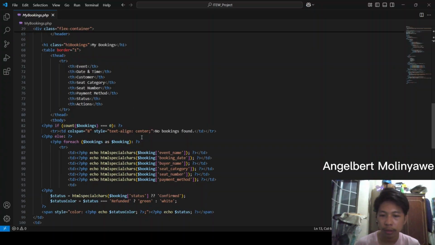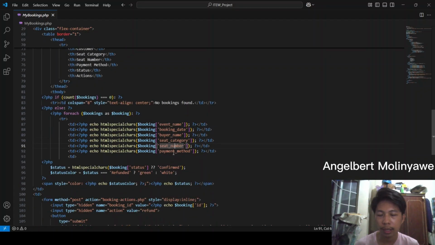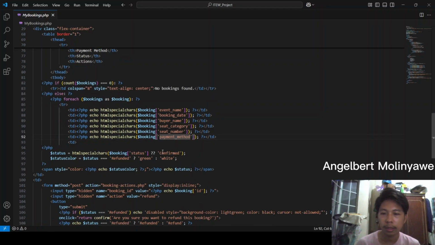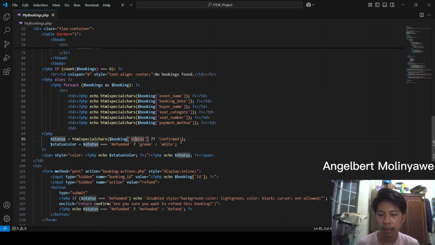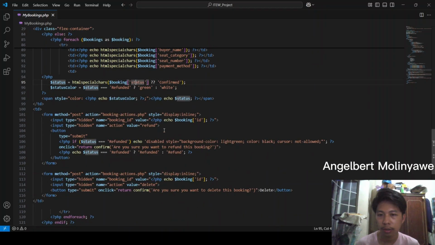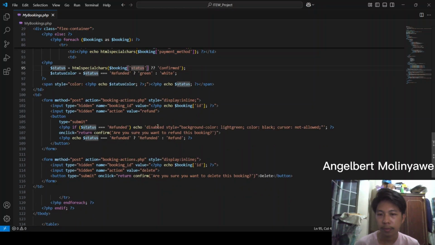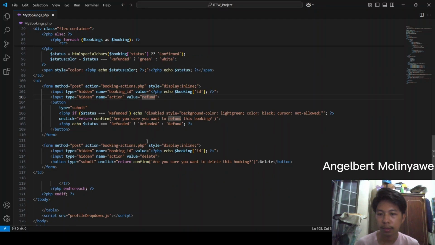In the table, each booking is displayed with details like event name, booking date, buyer name, seat category, seat number, payment method, and status. For each booking, there are two action buttons, which are refund and delete.